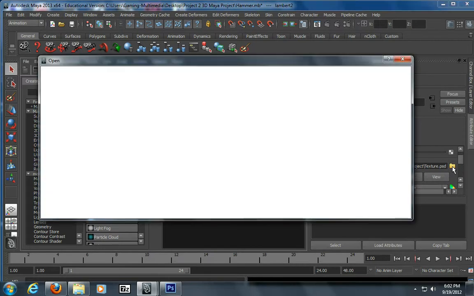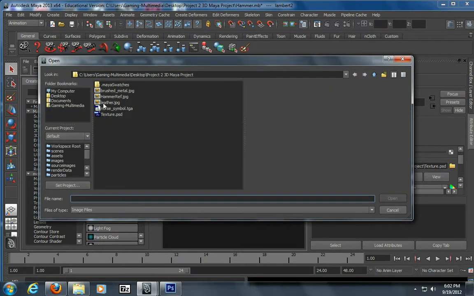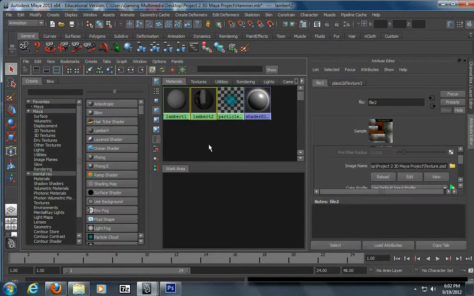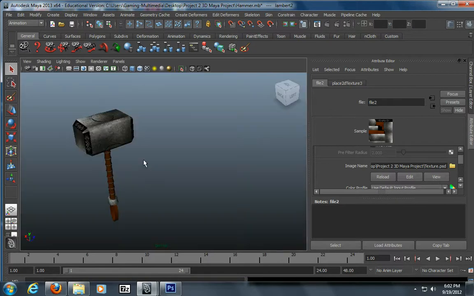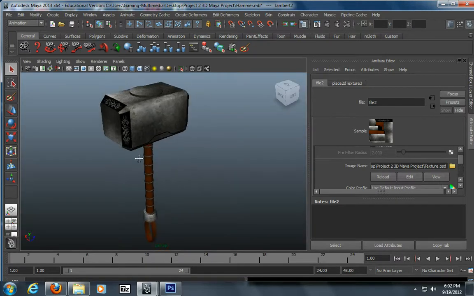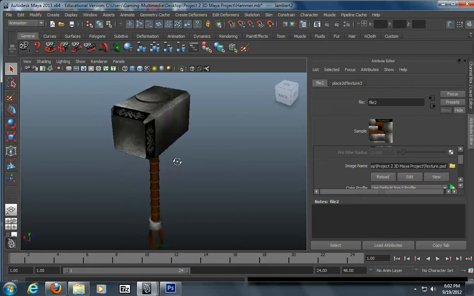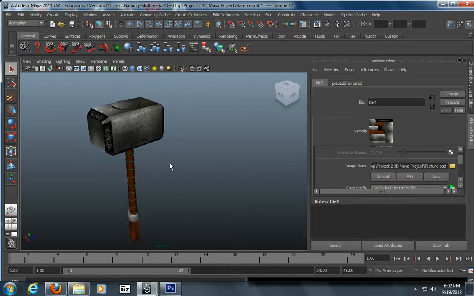If you click on that and navigate to your texture.psd and hit open, it should relink the file. Then you can go down here to the left hand side where it says for view or perspective, and just click one of those and it'll take you back to your 3D view. And if even hitting 6 doesn't get your texture on there,